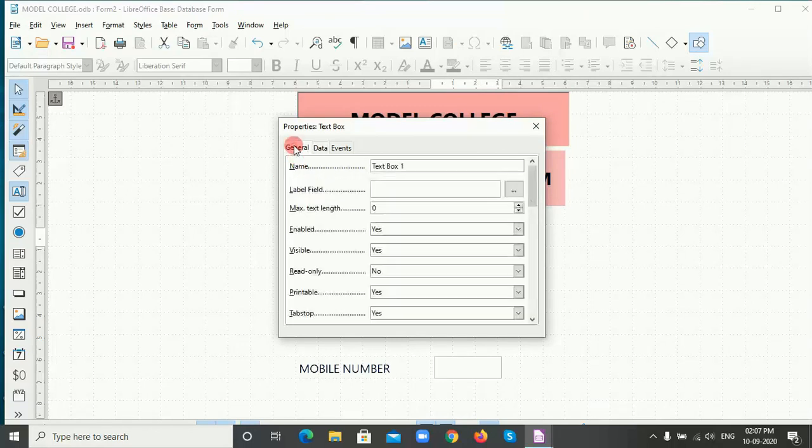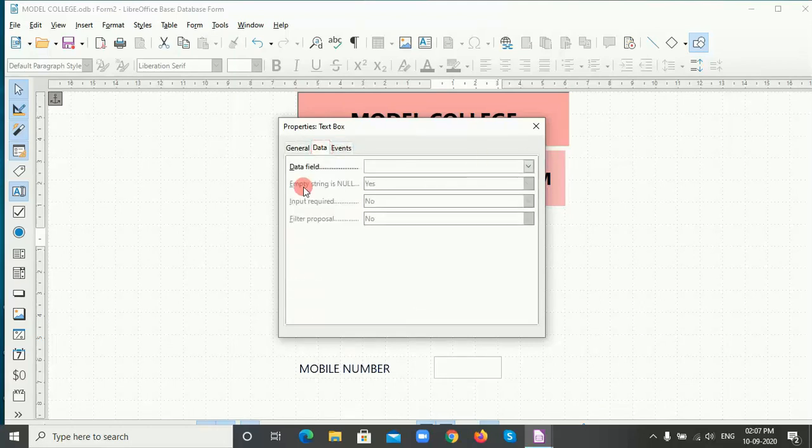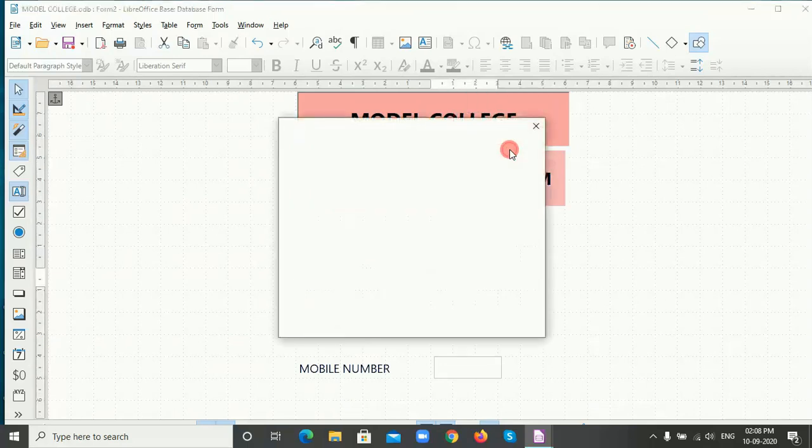In control properties also you are having 3 tabs: general, data and events. From this you have to select what? Data. Now see, you can see your data field is there. So यहाँ पे एरो पे क्लिक करो, फिर हमारे टेबल में जो भी फील्ड्स थे, स्टूडेंट टेबल में हमारे पास कौन से फील्ड थे? रोल नंबर, नेम, एड्रेस, मोबाइल। तो हमें यहाँ पे रोल नंबर को सेलेक्ट किया, तो रोल नंबर के सामने वाले इसमें रोल नंबर ही आना चाहिए कि नाम आना चाहिए? रोल नंबर आना चाहिए, इसलिए हम लोग किसको सेलेक्ट करेंगे? रोल नंबर को। ओके, देन क्लोज दिस।